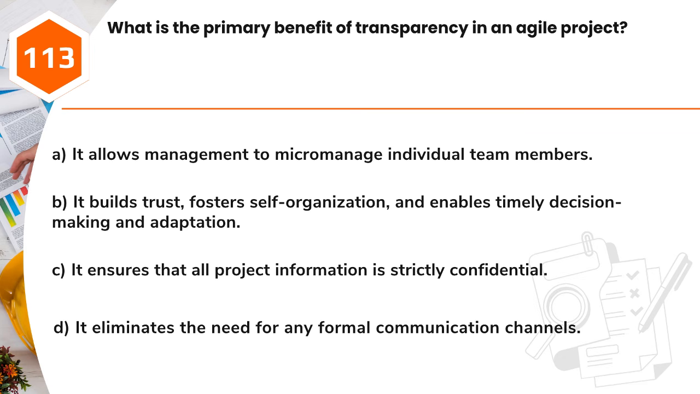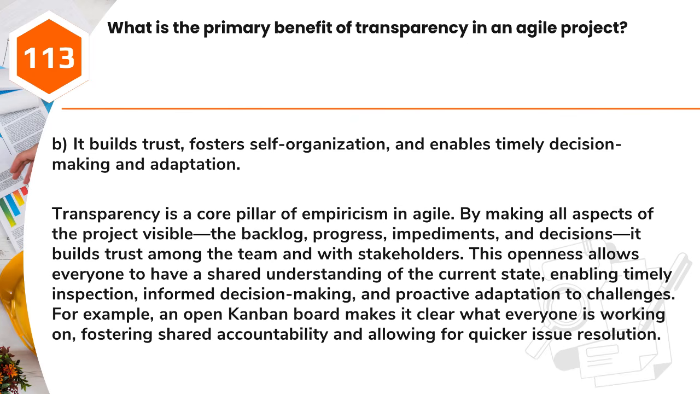Answer: B. It builds trust, fosters self-organization, and enables timely decision-making and adaptation. Transparency is a core pillar of empiricism in Agile. By making all aspects of the project visible, the backlog, progress, impediments, and decisions, it builds trust among the team